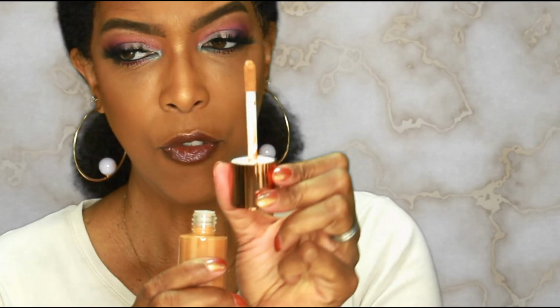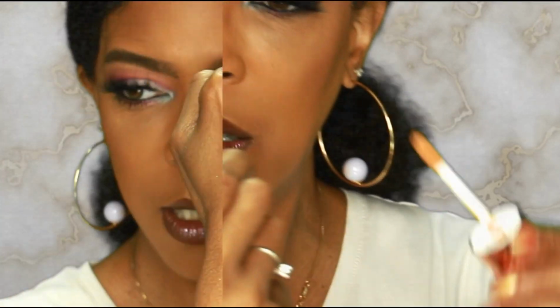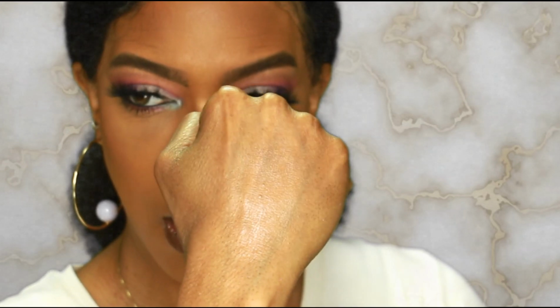And it has this doe foot type of applicator. And if I put some of this on the back of my hand here, you can see that luminosity or that glowy type of finish coming through. So that's going to be interesting. It's supposed to give you that glow from within type of look under your foundation. So it's spring and summer, so I think I want to glow from within. So I'm going to try this product out, and I'll keep you guys posted to let you know what the